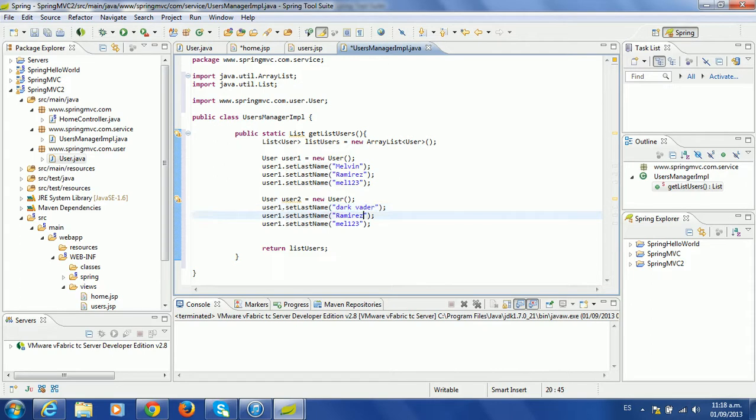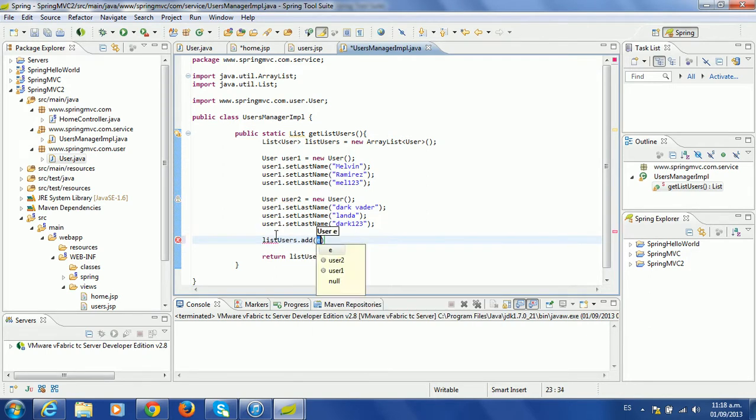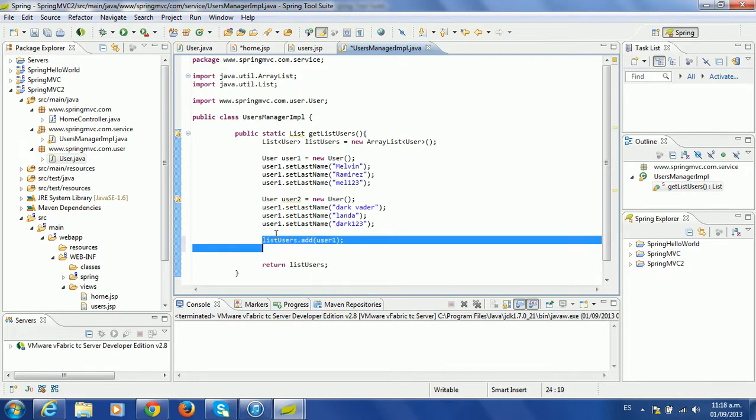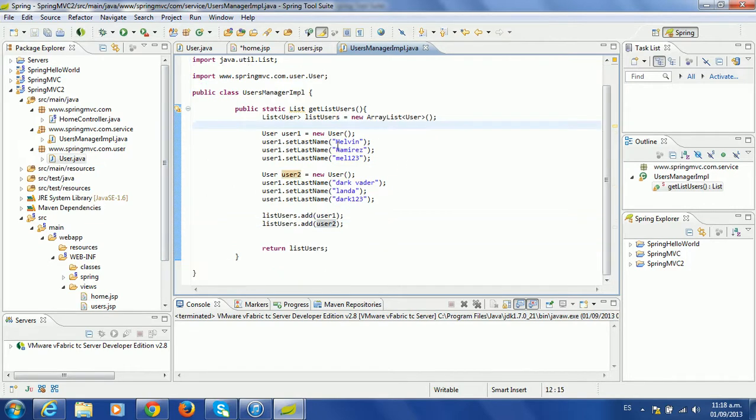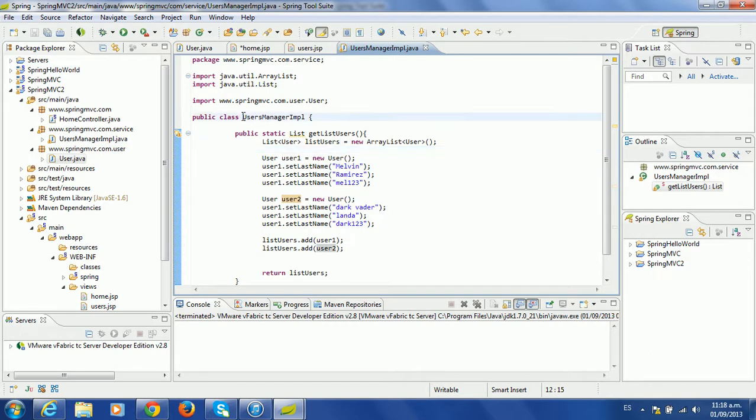Darth Vader. These users.add the user 1 and the user 2. Okay, so now we already have the implementation, the service,